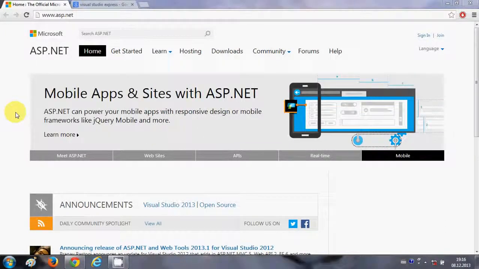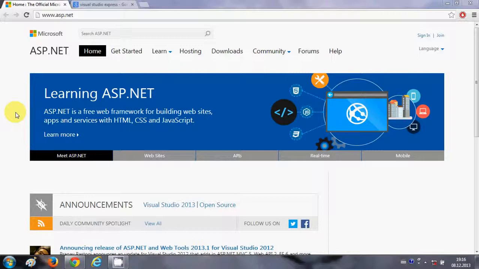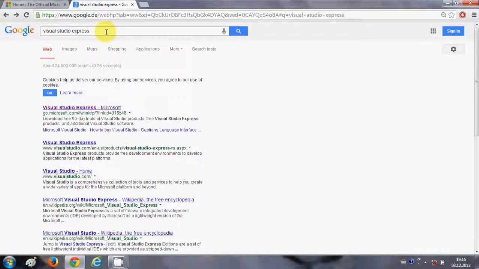Now, for developing ASP.NET, you definitely want a tool on which you can develop your ASP.NET framework or application. So we use Visual Studio for developing our C# or .NET based application, which is also from Microsoft. And Visual Studio in itself is an expensive IDE. IDE stands for Integrated Development Environment, but they also provide a free version of Visual Studio with the name of